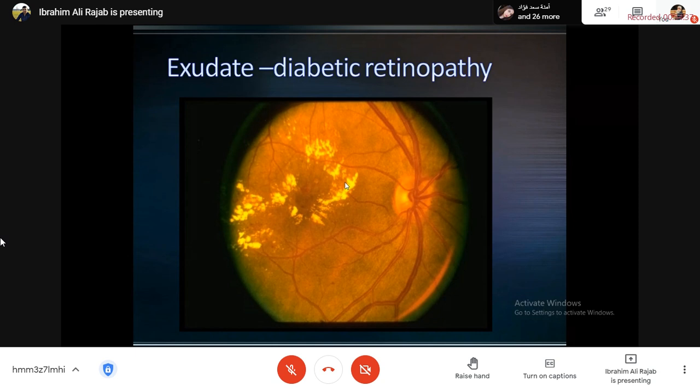نعم دكتور، هسه ورا ما خلصنا الأوبتيك ديسك نشوف البلود فيسلز، اللي هي الفينز والارتريز، and they look normal. There is no tortuosity. تمام. اوكي شكرا. يلا